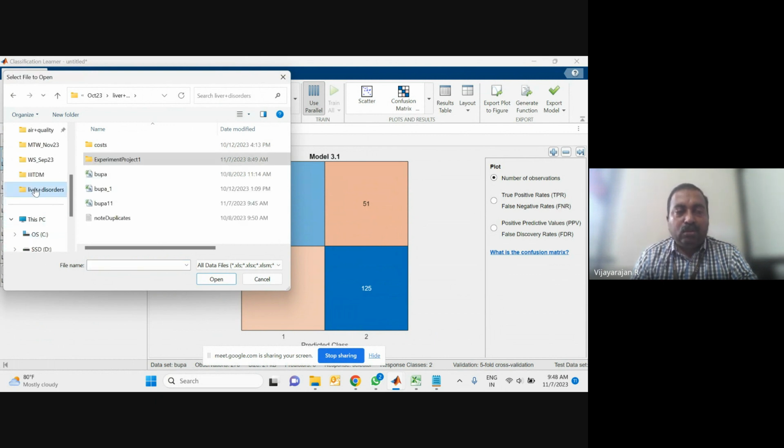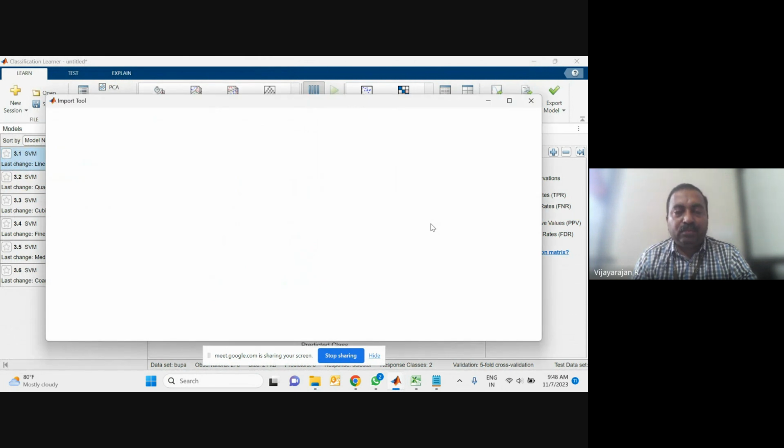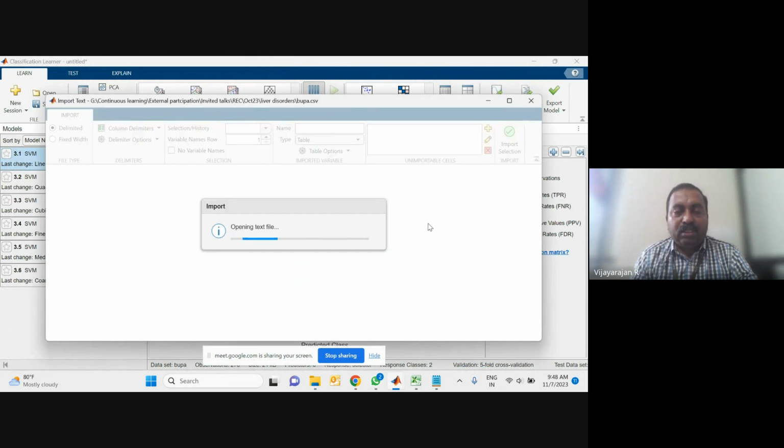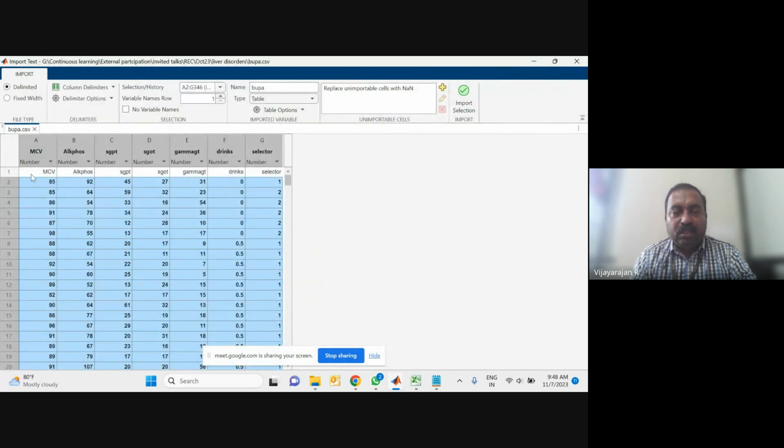Now go to your folder. There you have your own CSV file. You can open the CSV file like this. This version I have saved already. So you can open your CSV file. The CSV file is now accessed by Classification Learner. And now you can observe the file. In this file, what I have done is